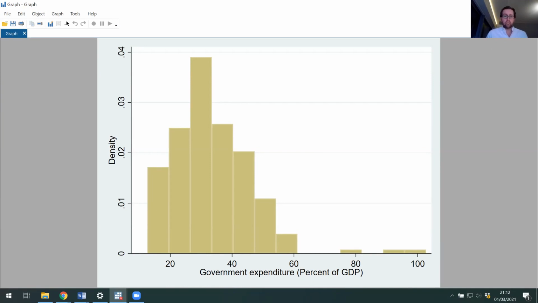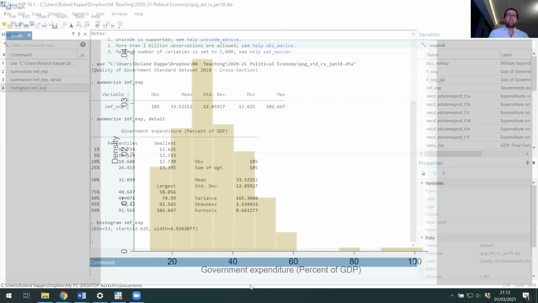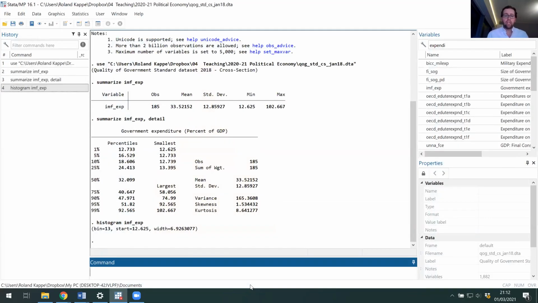If you're interested in that, you can ask me. I can tell you how to do that. Another way to look at this is using what is called a kernel density estimator. Now, this is something that probably none of you have heard about, and you don't really need to understand the details of how it works, but basically it lets you plot a smooth distribution of what that looks like. So we could type kdensity